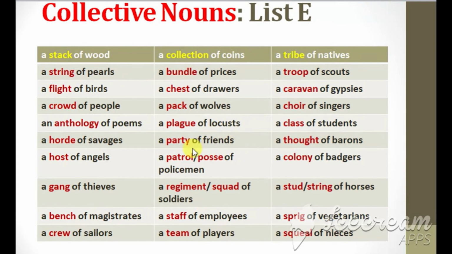locusts, a party of friends, a patrol of policemen or a posse of policemen, a regiment of soldiers or a squad of soldiers, a staff of employees, a team of players, a tribe of natives, a troop of scouts, a caravan of gypsies, a choir of singers, a class of students, a thought of barons, a colony of badgers, a